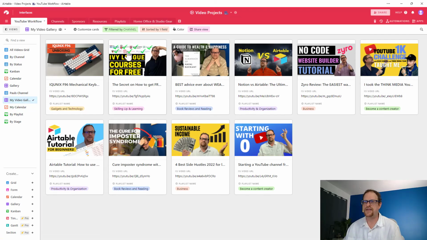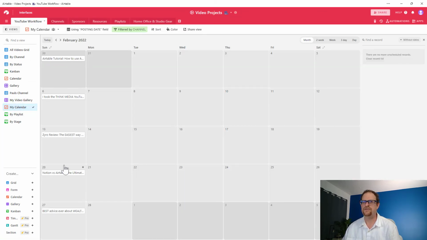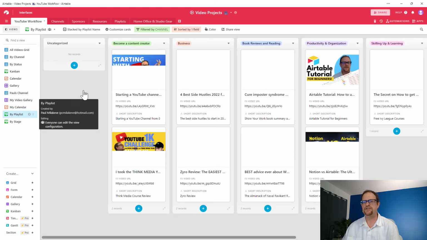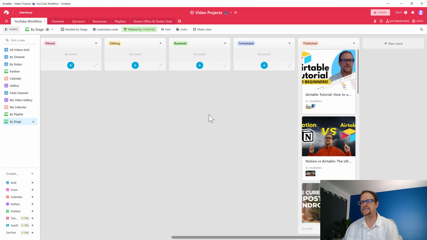So you're able to look at it as a gallery, and you're able to look at it as a calendar, so I could take a look at a calendar to see when these videos were published. I do have it sorted by playlist, and then I also have it sorted by stage. So I don't spend a lot of time on Airtable with anything post being scheduled because all of that work is being done in Notion. So for me, I could really pretty much hide a lot of these